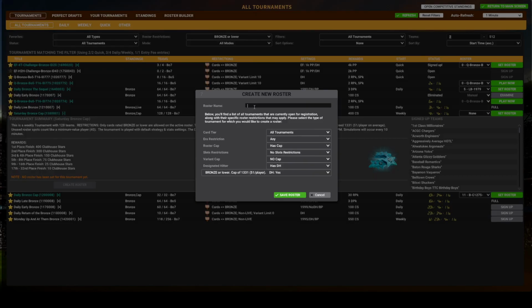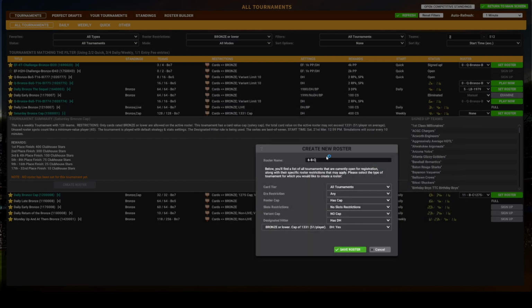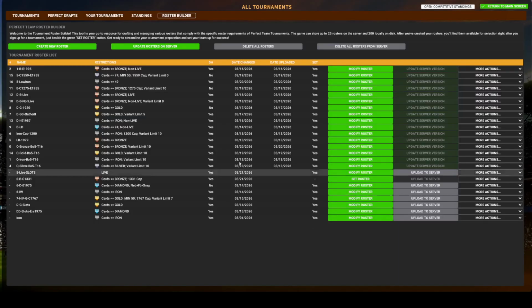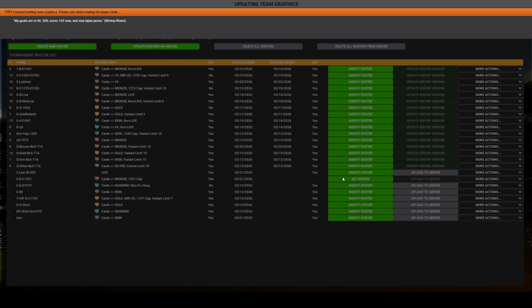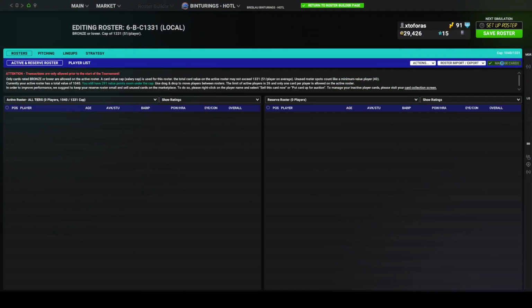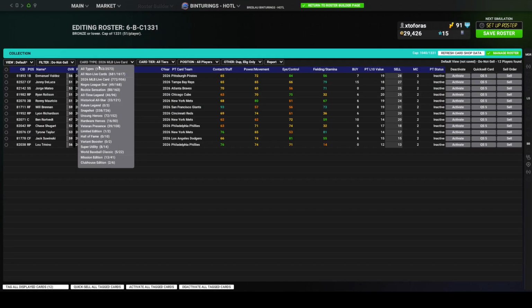So we're gonna call this 6B, C, B for bronze, C for cap, 1331, and it's played in Heinsohn, which is interesting. There's a DH. All right, so if we go look at bronze cap 1331,